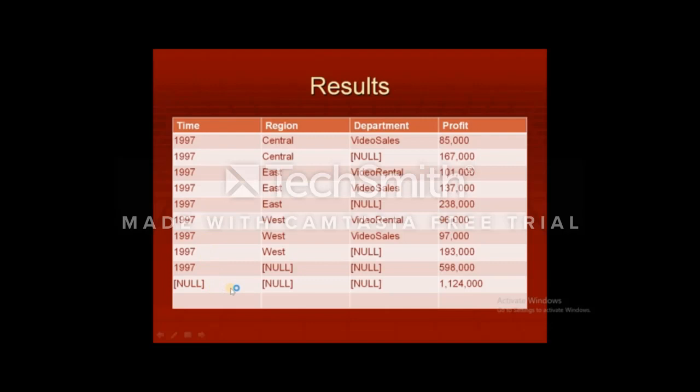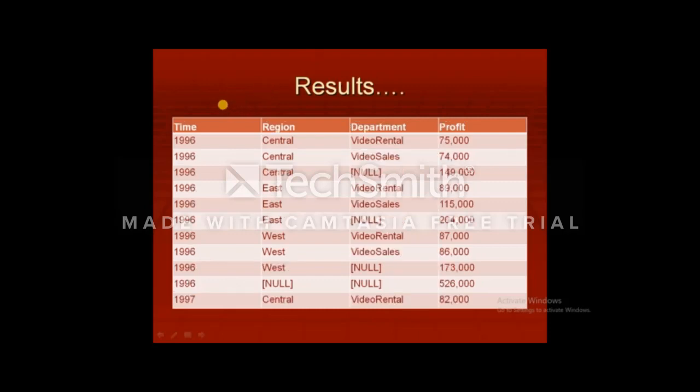So from these 3 dimensions, we need 9 summary tables to store the data.